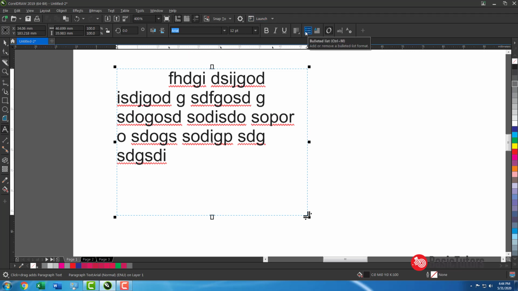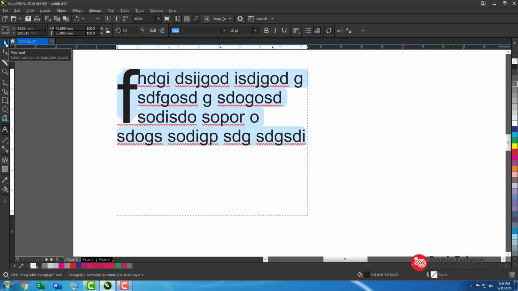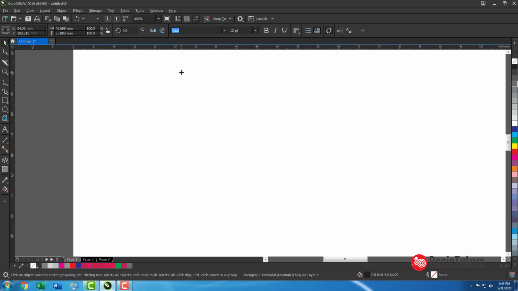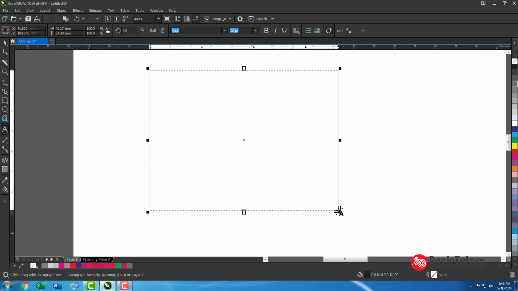Also bulleted text and drop cap, all those things are intended for paragraph text. For creating a paragraph, just select the tool and draw a rectangle. So that's all. You can go with our paragraph tool. You can make a tab, you can make a paragraph, and for all the book work, all those things start with paragraphs. Okay.